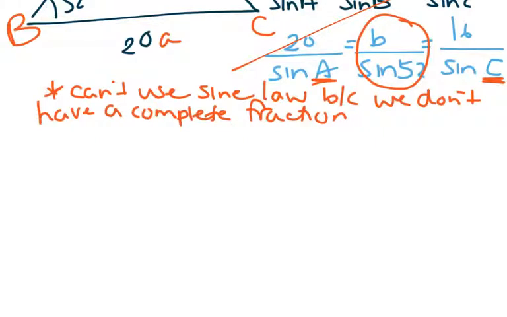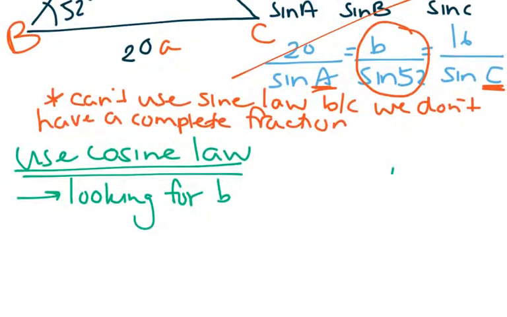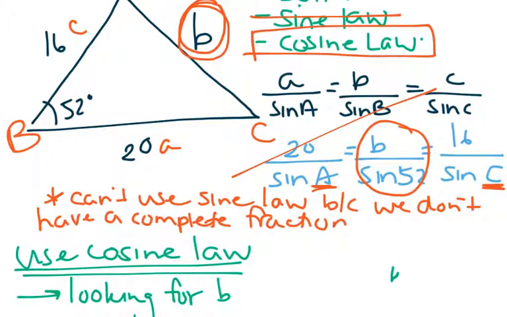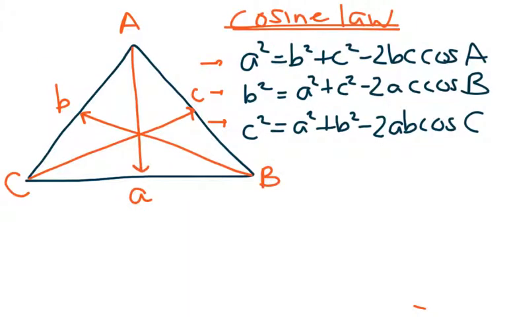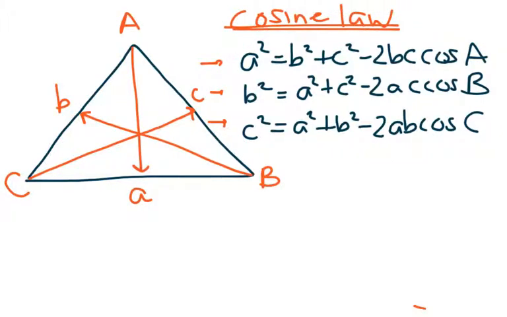So I'm going to write a little note. Use cosine law. Okay. So what's most important here is that we write a little note that we are looking for B. The reason why that's important is now what I want you to do is I want you to go to the first page and take a look at our equations. So they look like this here. If we're looking for B, which equation should we use? 1, 2, or 3? If you said 2, you're totally right,